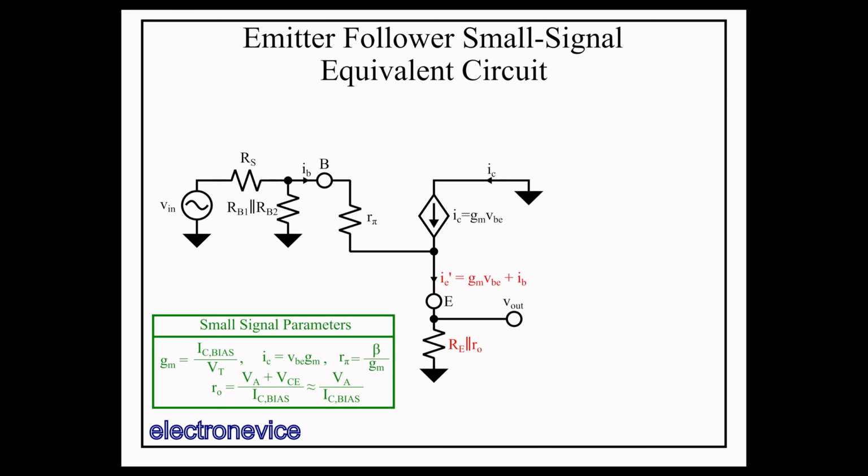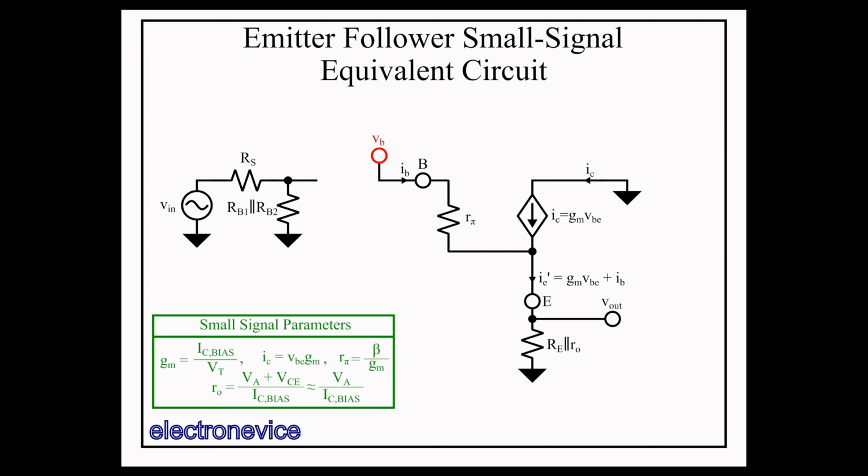Anyway, the next thing we're going to do is to split this circuit into two pieces at the base. We'll solve the right circuit with VB as our input voltage rather than Vin. This will simplify the circuit significantly, and once we have the gain and input impedance of that circuit, we can easily adjust it to incorporate the left circuit.